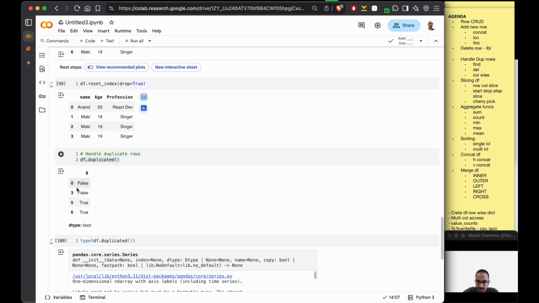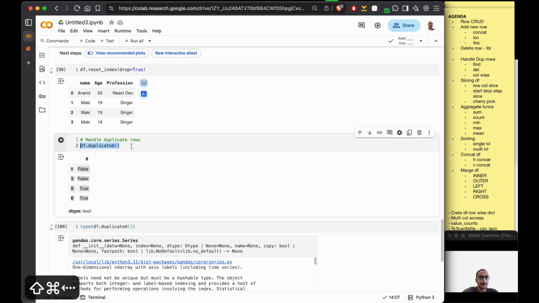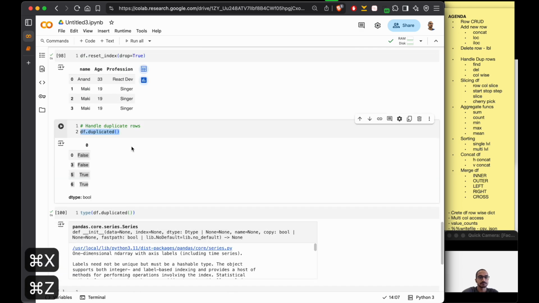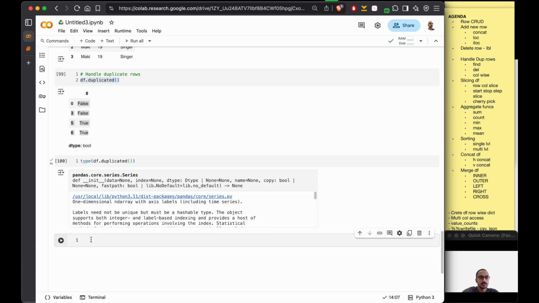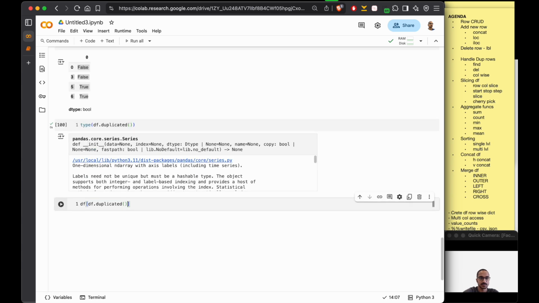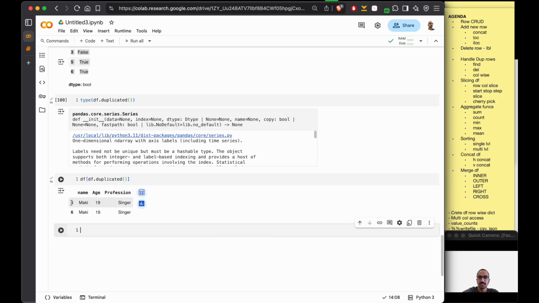So it returns a series of Boolean values, and just like NumPy, if we pass this Boolean list to the data frame, it will retain all the true values and discard all the false values. So all we have to do is df, square brackets,